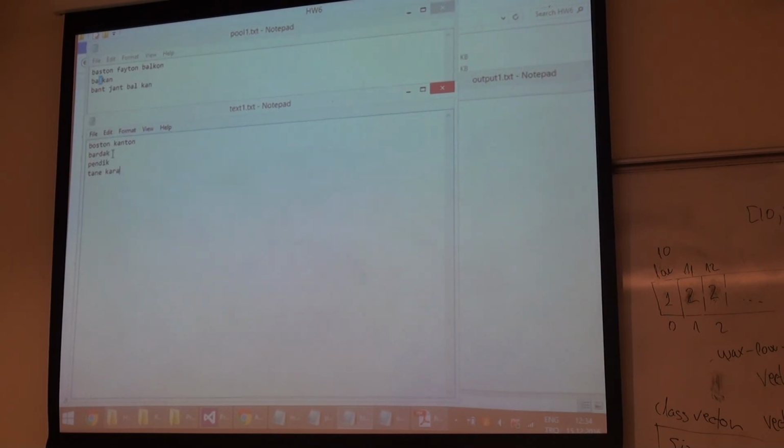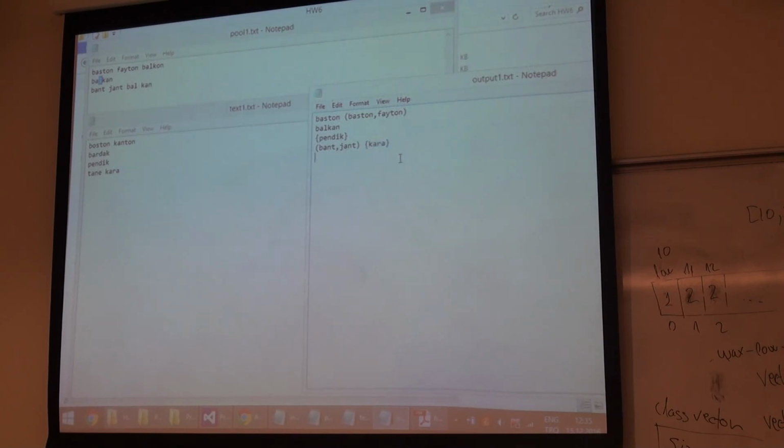Okay, which is equal to half the length of the word, which is 6. So that's why instead of Bardak, I'm printing Balkan. Now let's go with Tane. The closest to Tane are Bont and Yant. Bont and Yant. Okay? And Kara, I didn't find anything close to Kara, that's why I'm printing it like this,